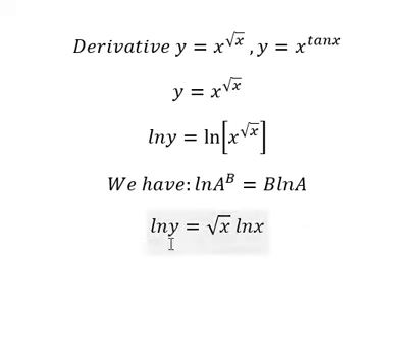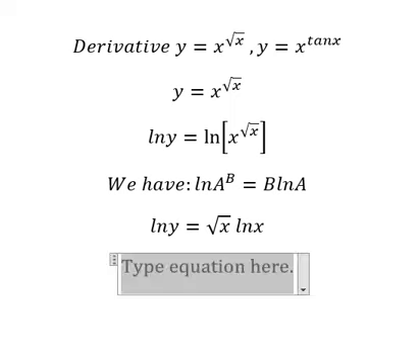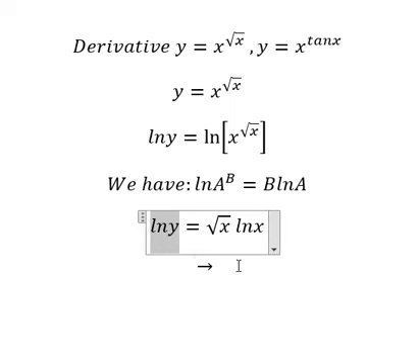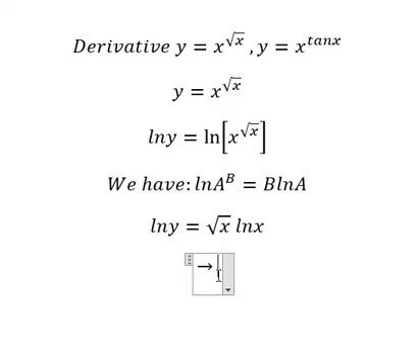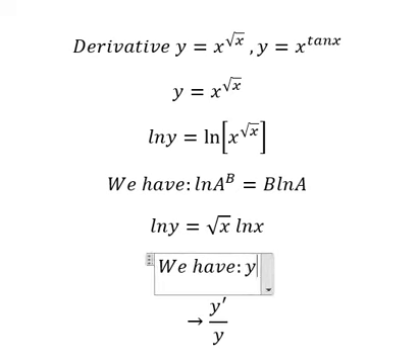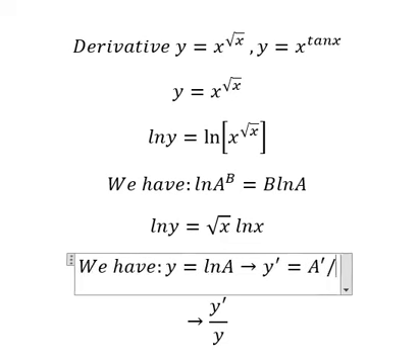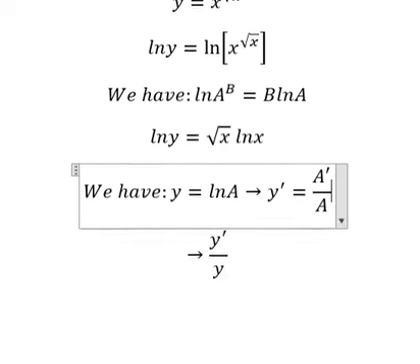Next, we need to do first derivative for both sides. And we have like this. This one, we have first derivative of y over y because we have this formula in here. Next,